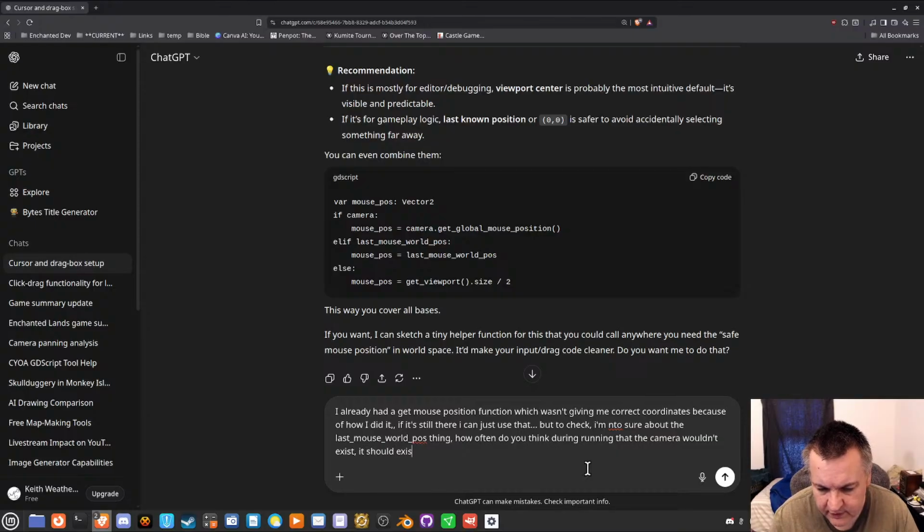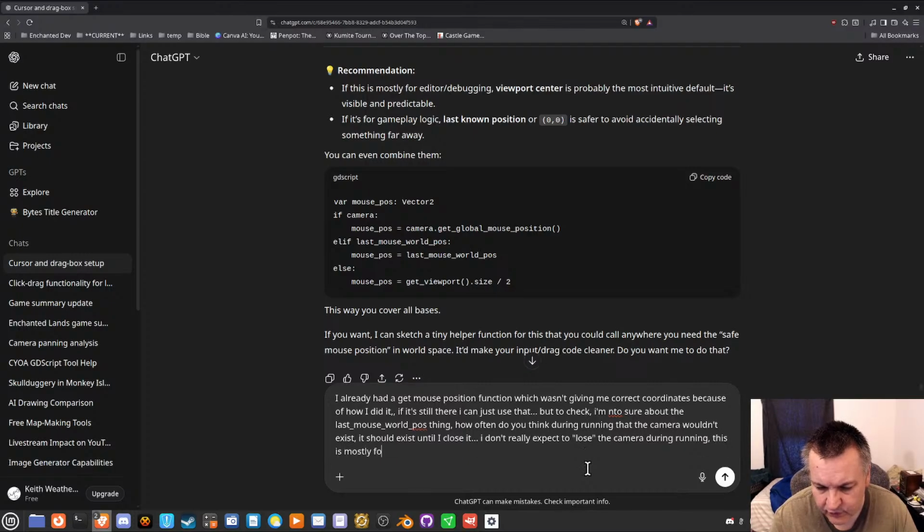It should exist until I leave, until I close it. I don't really expect to lose the camera during running. This is mostly for when it starts up and hasn't yet created the camera.